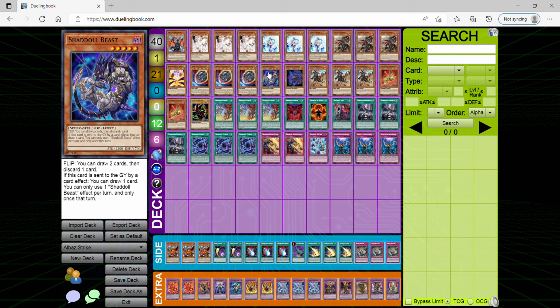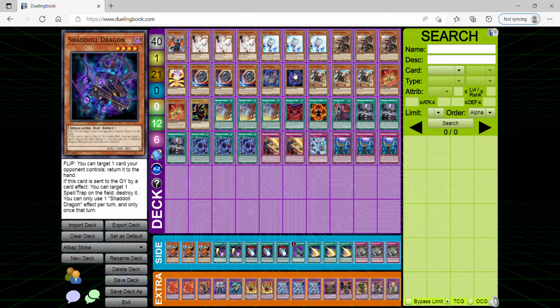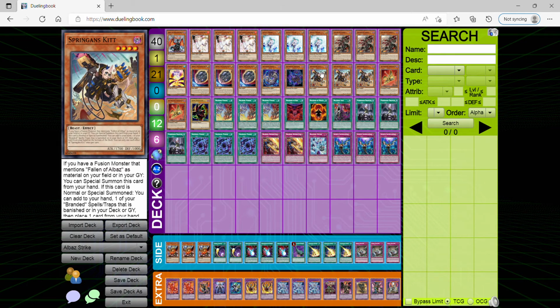And for obvious targets of Shaddoll Fusion, Beast for the draw 1, Dragon to pop a set card that's in the spell trap card zone, and we're going straight to the Albaz support, as well as maxing out on 3 Spriggan's Kit,